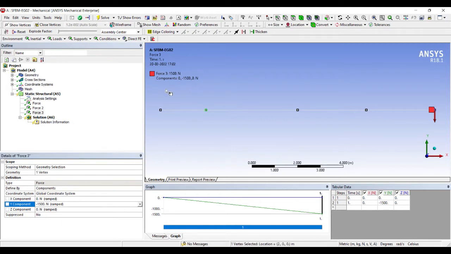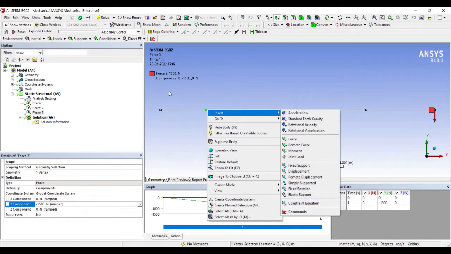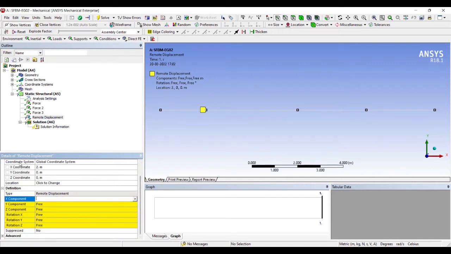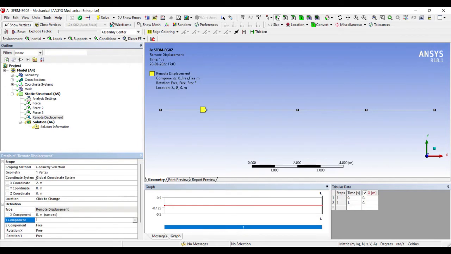Now at this point B, I want to apply hinge. So for hinge, we should choose remote displacement. For remote displacement, x, y and z component will be 0. This is the translation type of motion for a hinge which is not possible.